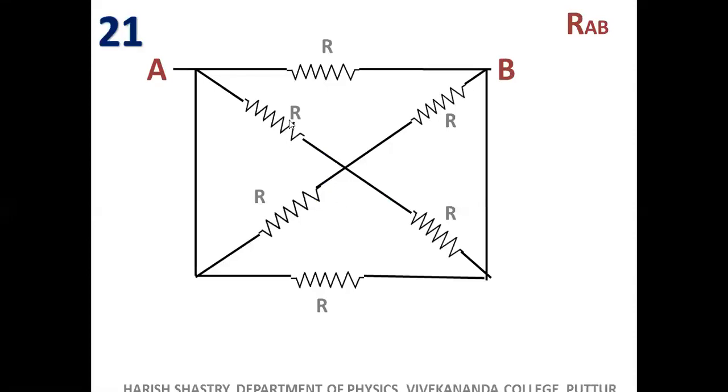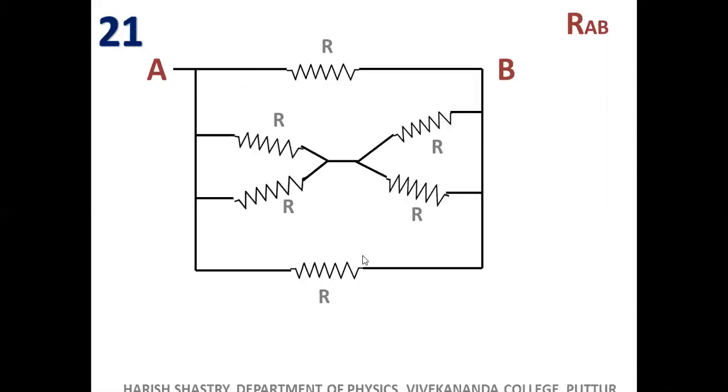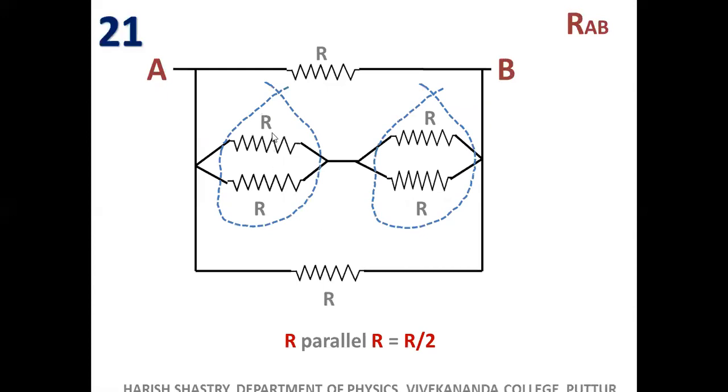Equivalent resistance is, can't you take these two parallel? R parallel R is R by 2, R parallel R is R by 2, R by 2 plus R by 2 is R, then R in parallel, that is R by 3, correct? Totally R by 3 because these two ends are connected, so they are all common. This is R by 2, this is R by 2. They are in series, R. So 3 R's in parallel. So this can be taken like this. This is R by 2.